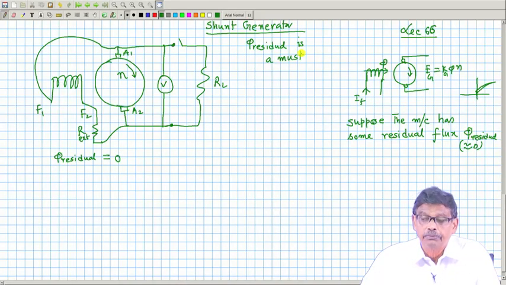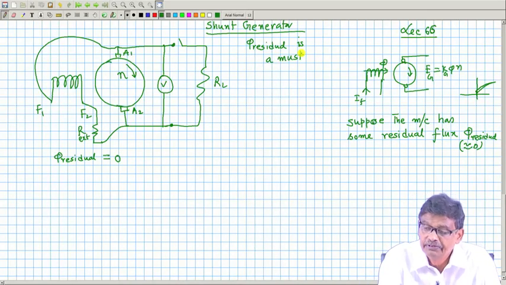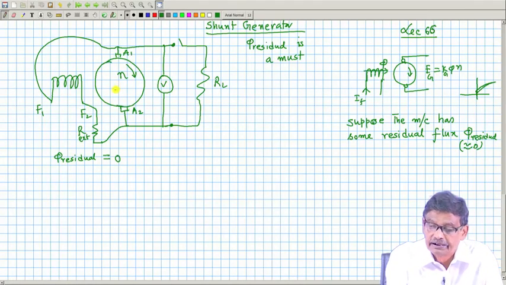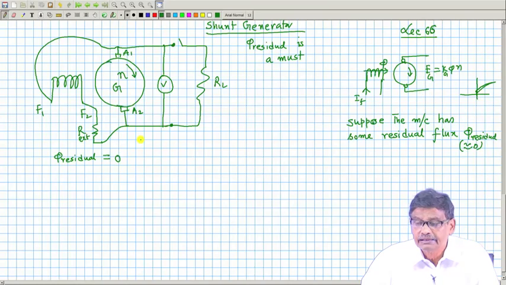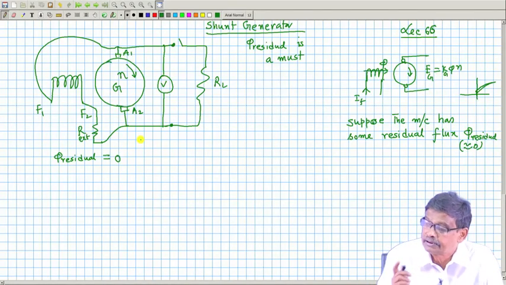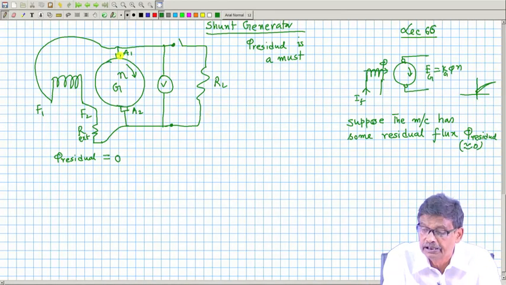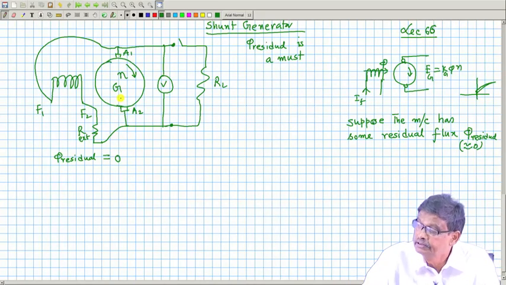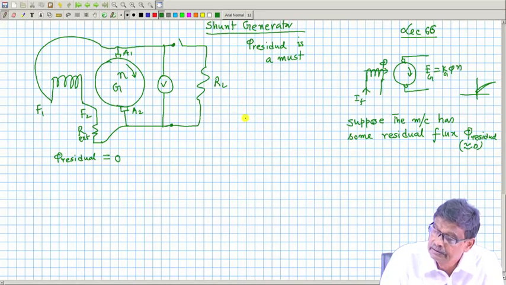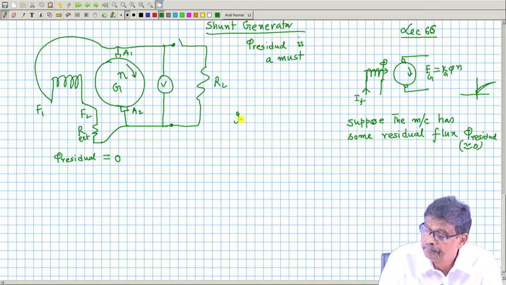If that residual field is there and if it is running, means it is driven by a prime mover. I told you it is generator mode of operation. I must have a prime mover to run it. Then, I should expect a small voltage induced across the armature following this relationship, that is initially